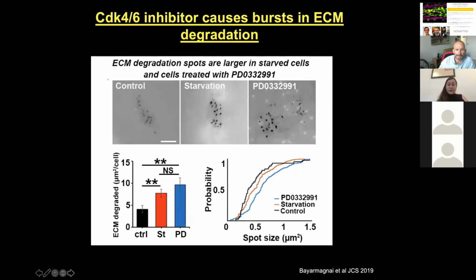So importantly, palbociclib, which is the inhibitor, it's called the magic drug, a CDK4/6 inhibitor of G1, causes bursts of invadopodia formation and the degradation of ECM. And this is something that we're looking into in terms of the translational application of the project, because palbo is used a lot